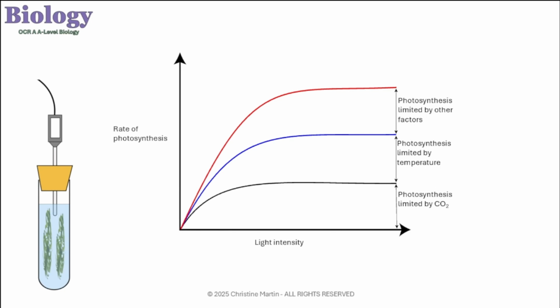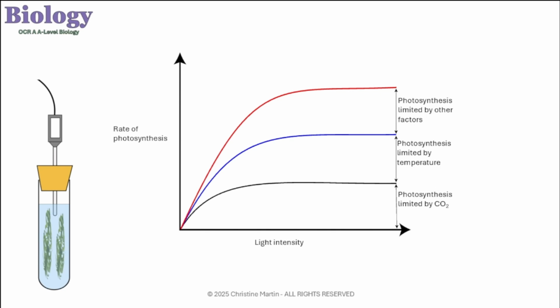If it's too low, what we can see is that the light intensity is limiting the rate of photosynthesis, and then it increases until a point at which it plateaus. When it plateaus, then something else is limiting the rate of photosynthesis. So as you can see from my graph, we have different things that can limit the rate of photosynthesis: carbon dioxide concentration, temperature, or some other factor like the chlorophyll molecules, the photosystems, and the thylakoid membrane, which need to